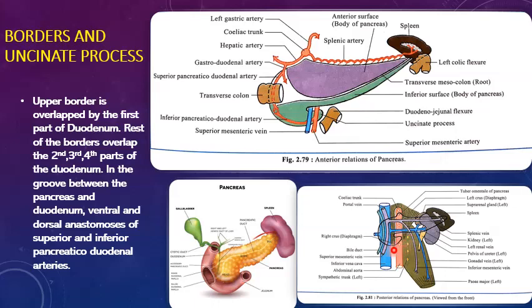And above the uncinate process, this projection that you are seeing is the uncinate process, right? So just above that, this blue line that you are seeing is the left renal vein. So the relation above the uncinate process is the left renal vein. Anteriorly the superior mesenteric vessels, posteriorly the abdominal aorta, and above it the left renal vein is seen above the uncinate process.